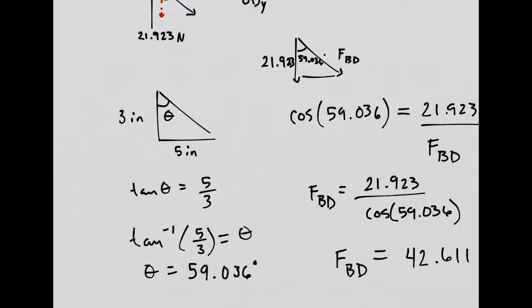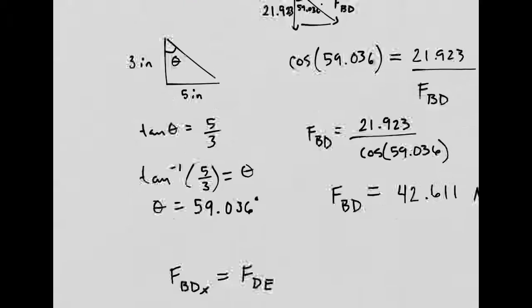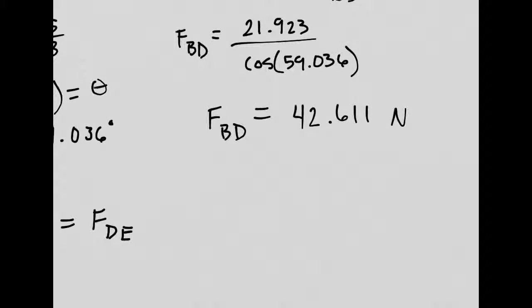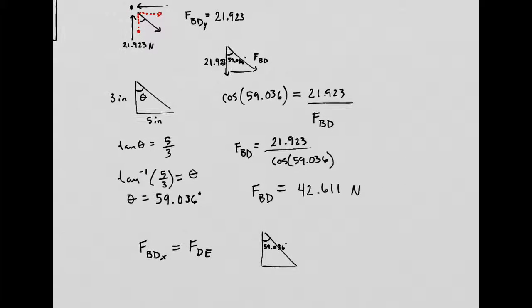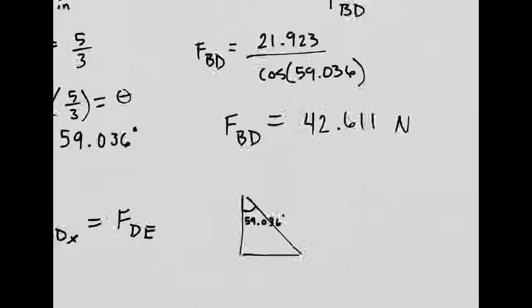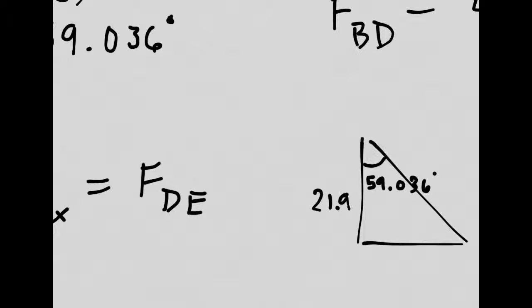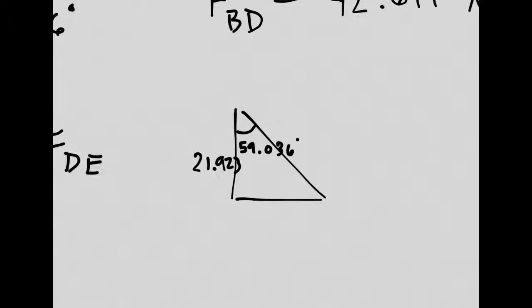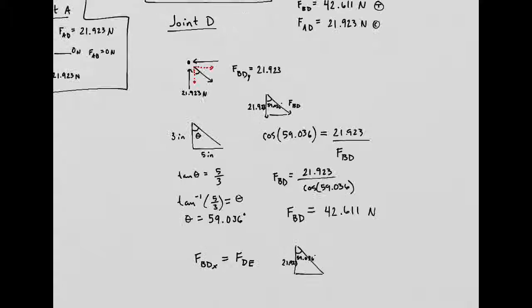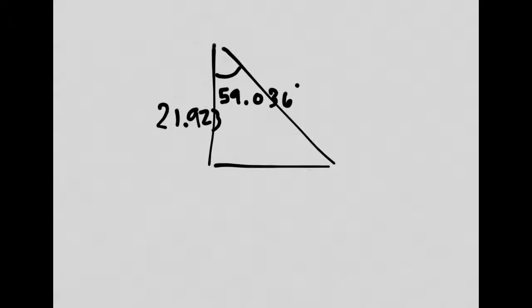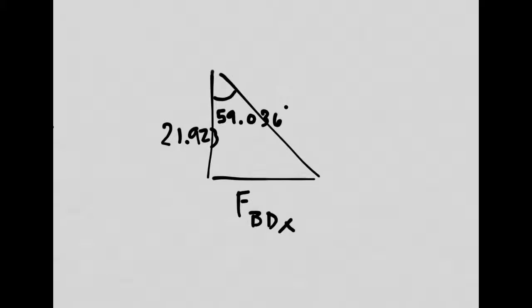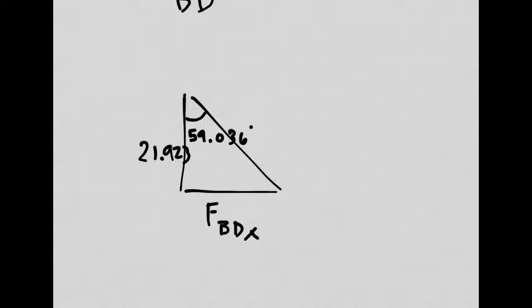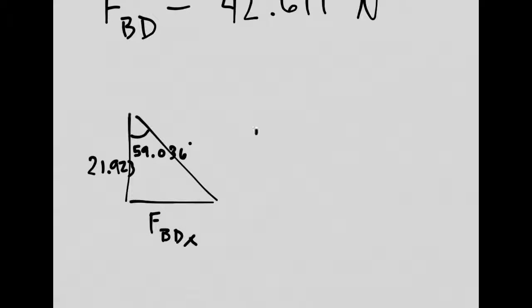And I'm going to be using the same triangle. So I'll draw that triangle again. So I have 59.036 degrees. This was 21.923 newtons, and I want to find that, which is FBDX, but that's the same as FDE. So FBDX, that's what I want to find. Well, that's just tangent again. So tangent